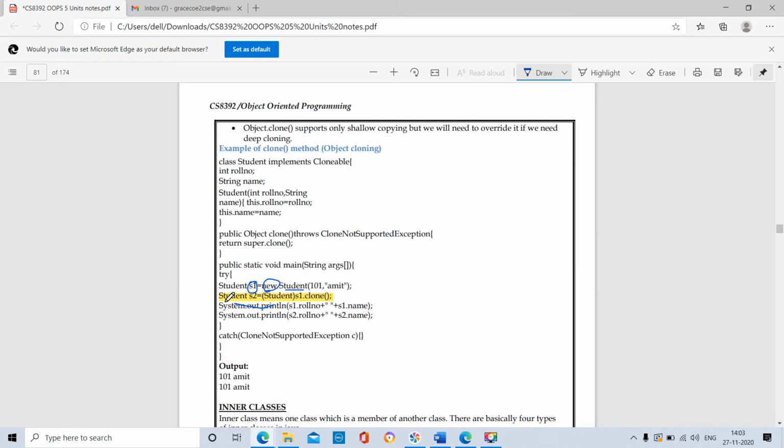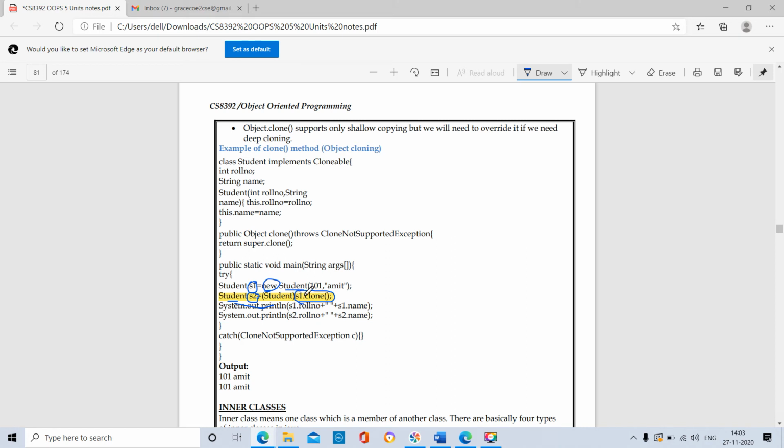See, this is the statement telling about object cloning. Student s2 is the object, but this object is created by using s1.clone(). We are making a copy of the s1 object. Clone looks like a copy only. s1 is the object present of the class Student.